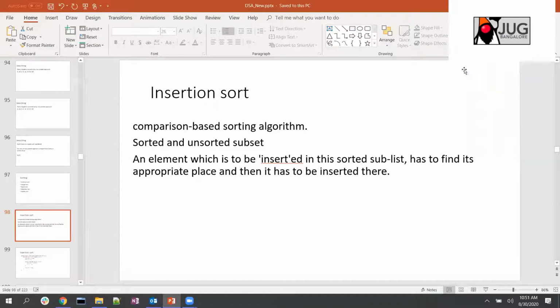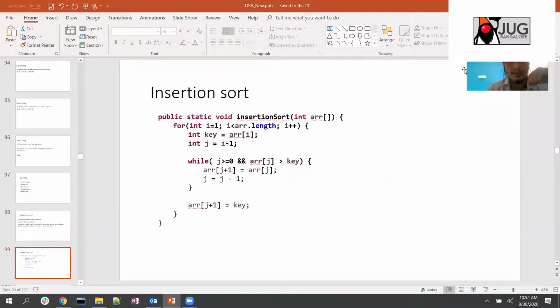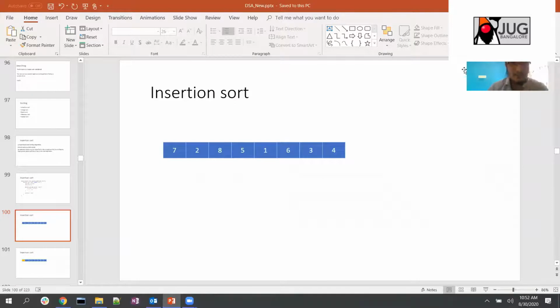Okay. We started with the insertion sort, and then we saw how exactly it worked with this small example. What we do in insertion sort is that we pick an element, starting from the zeroth element, and then place that in the right position. It is like playing a deck of cards, right? You pick a card and then you see where that card goes. Basically, you try to find it out.